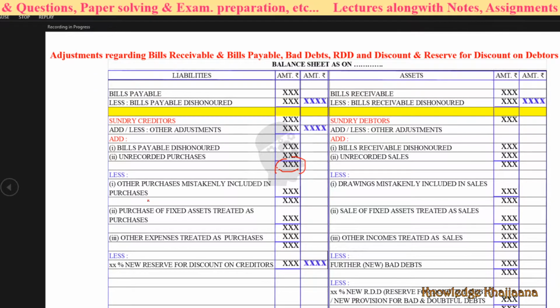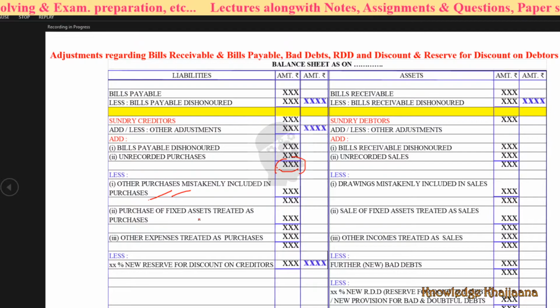purchases. For example, the partnership business has purchased something, it may be for operational use of the business. Okay, then those purchases must be deducted, that much of amount must be deducted. For example, some stationery you have purchased. Okay, so that the purchase of stationery doesn't come to the purchases, you have to deduct that much of amount. Okay, you have to deduct.